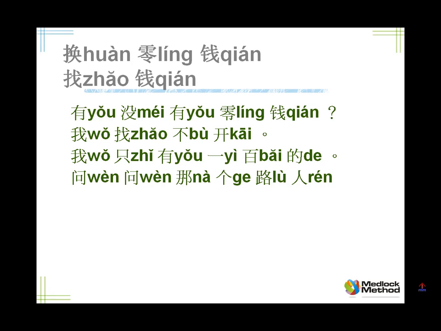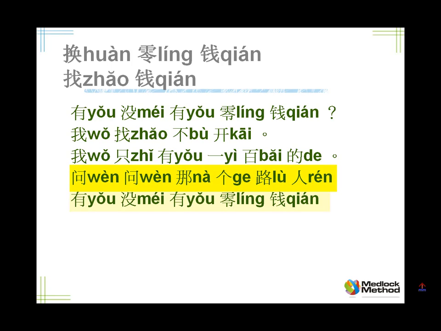How do you say have any change? 有没有零钱. Tell me, ask that pedestrian if he has any change. 问问那个路人有没有零钱. Now, you can't actually say it like this in Chinese, can you? No, you need more because it's weird that you go up to someone and say, do you have change? In Chinese, 你有没有零钱 sounds like you want me to pay something or what? So you need to tell them the function, why.